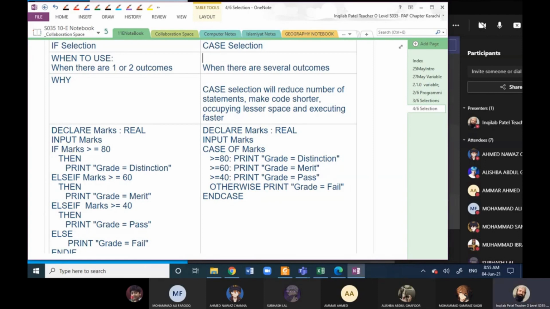If you are done with it, then we will convert this code into programming statements. Then we will check how to use case selection in Python.